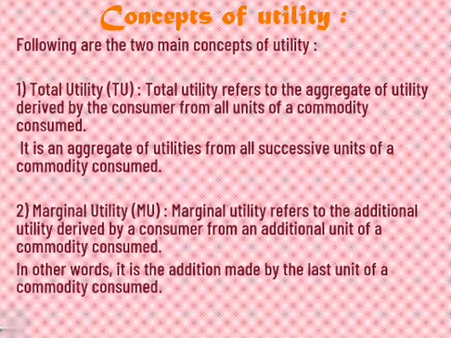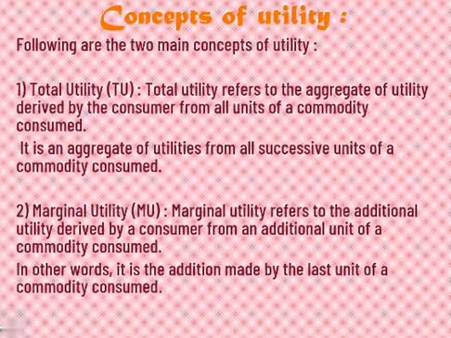Now he is going to consume the fourth. So the fourth is called the additional utility that the person is deriving. It means the marginal utility that the person is deriving from the fourth unit of pizza. After consuming the fourth unit, when we count the utility of all 4 pieces, first, second, third, fourth, that is called total utility.